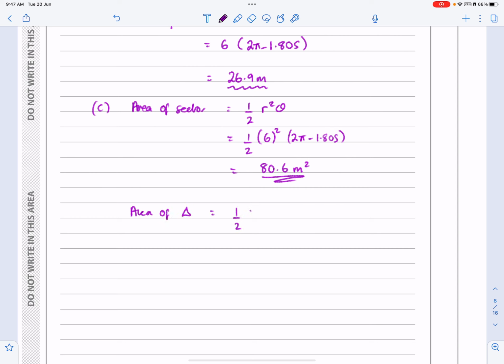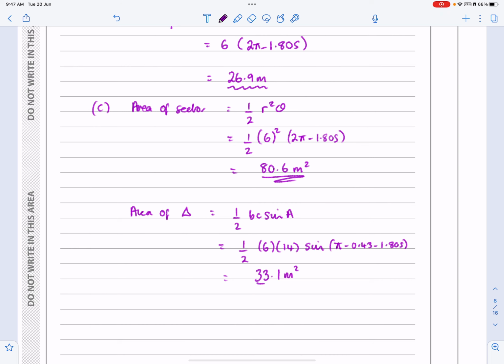The area of the triangle is going to be half BC sine A, where my lengths are half, 6, 14, and then sine of that angle, which I'm going to put in like this, pi minus the 0.43 minus the 1.805, and then I can stick that all into the calculator. So do sine of that, then times it by 14 and 6 and divide by that. That works out to be